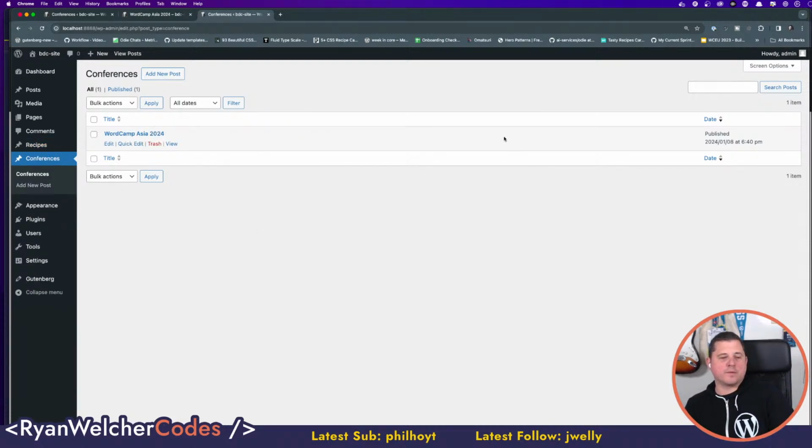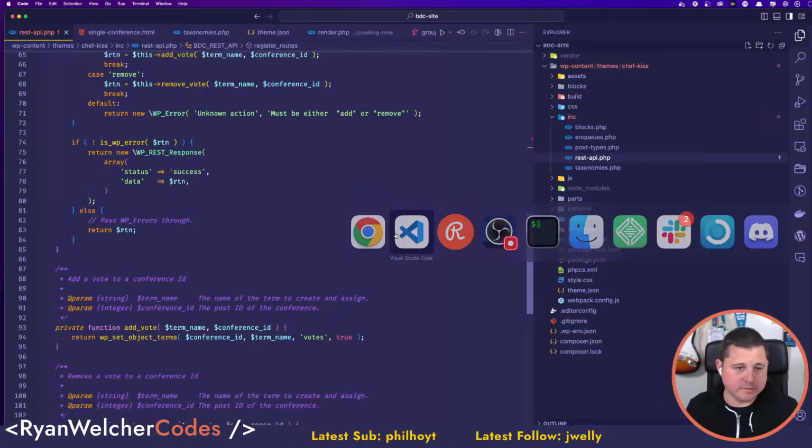So this conference will have all the votes from the people attending that conference, basically a user ID or some kind of unique ID to represent that particular user, plus the ID of the recipe, and then we just count the votes, and that's how we decide. So I'm going to need a results page somewhere. Yeah, that's kind of it.